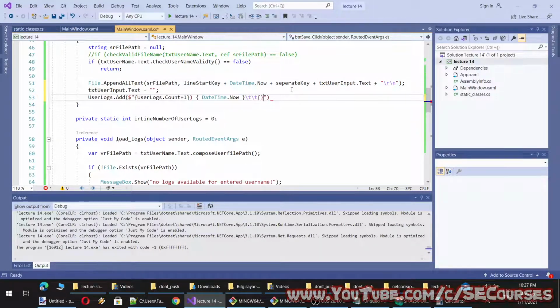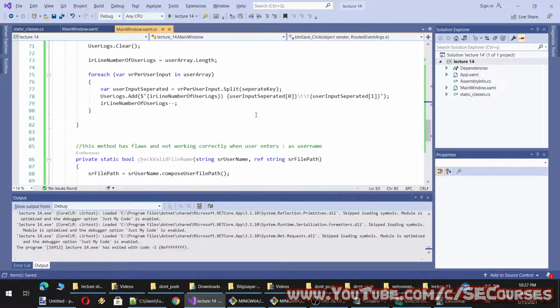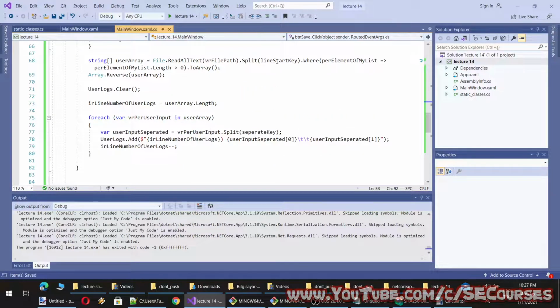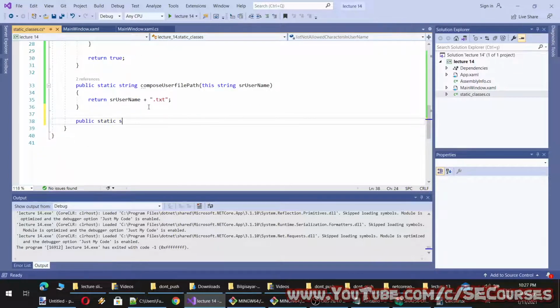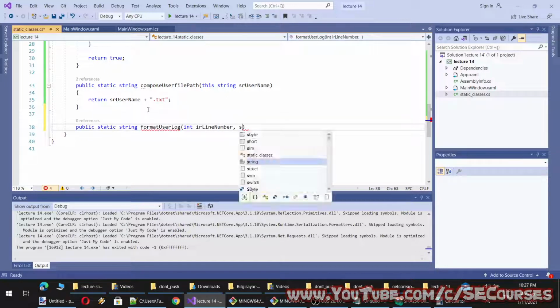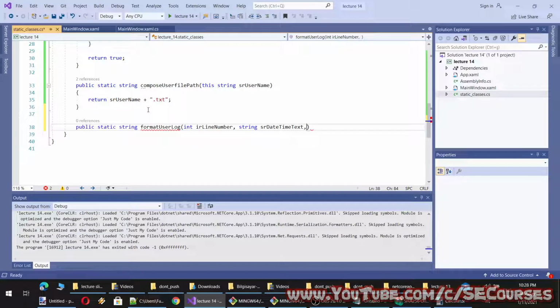Okay. However, you see now I am writing duplicate code, which is not something that I want. So I will write another method to format user logs. Okay. So to make it, we can write a method here, format user log, and it will take line number and date time text and user text, user input.